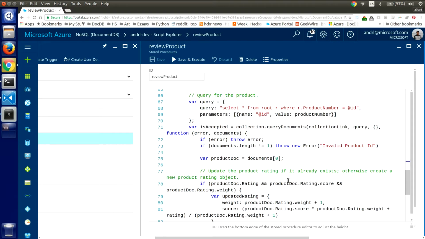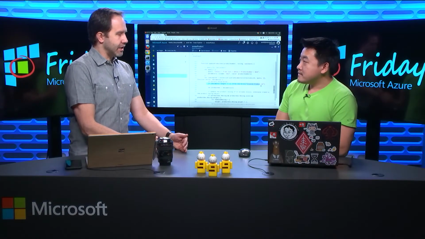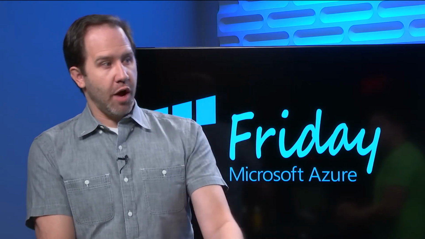So an example is if I've already created that review document in the function above, let's say now I want to update the product document and I couldn't find it. Rather than having this dangling review document, I can now just roll this back and say, hey, ignore everything I've done in here. I want to roll back because of this validation check. And to make sure I get the language right and people understand as well, when we say rolled back, it's as if it never happened. There aren't compensating transactions, right? Right. If I'm doing finance, if I'm transferring money and that fails, it's like it never happened at all. It's not that it failed and then I transferred it back with a compensating transaction.